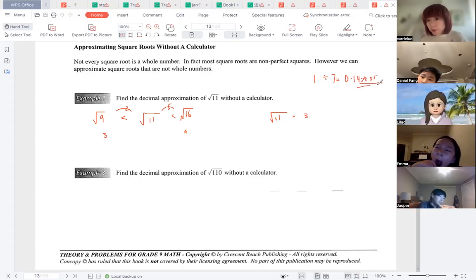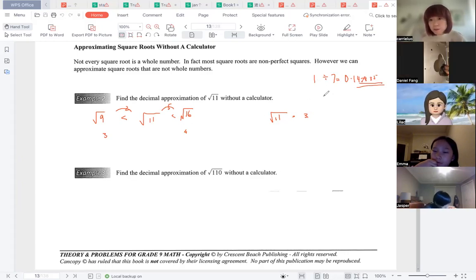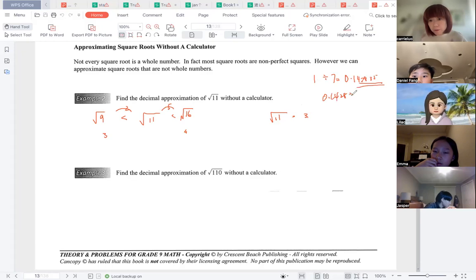0.142835. Remember, we learned this one before, correct, Emma? So basically, it's 2 parts. So all you need to do is 0.142835 times 2. So this answer will be 3.28, something like that. For the square thing,